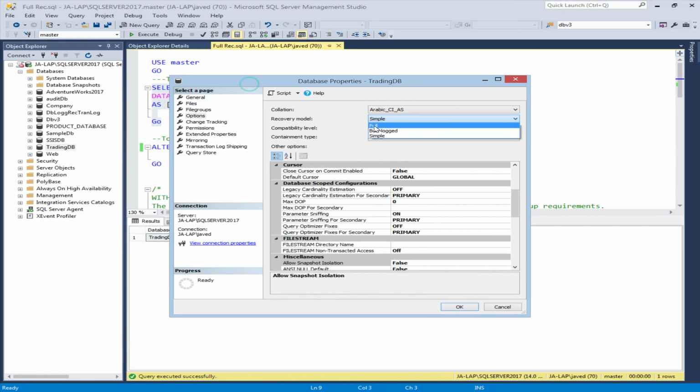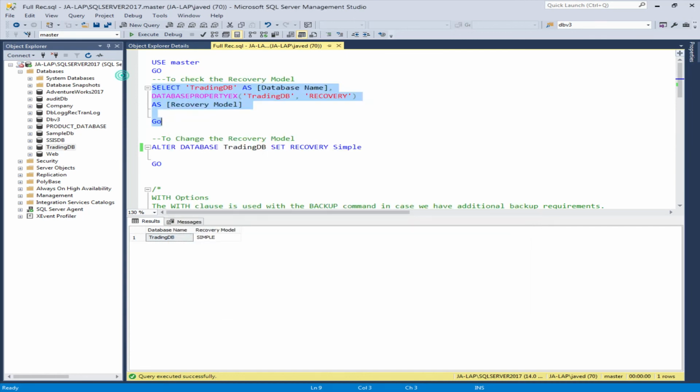And we can select any of these recovery models. I selected full again, before we changed to simple. Now if I check again which recovery model is now set for our database, it is full. So by using the query analyzer or by using this visual environment, we can change the recovery model from one recovery model to any other recovery model.